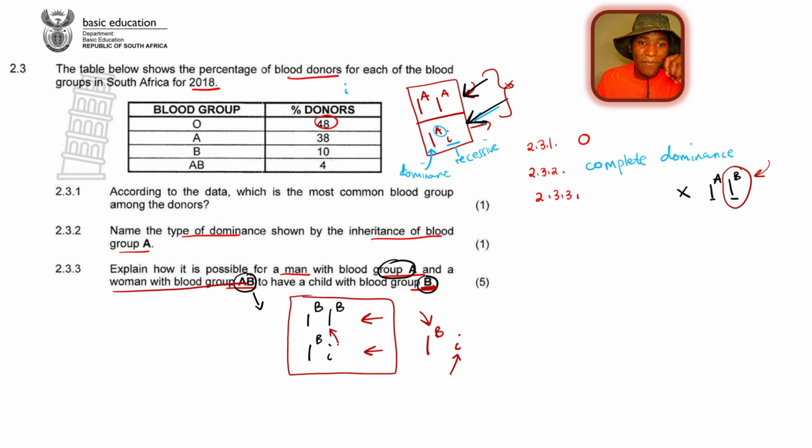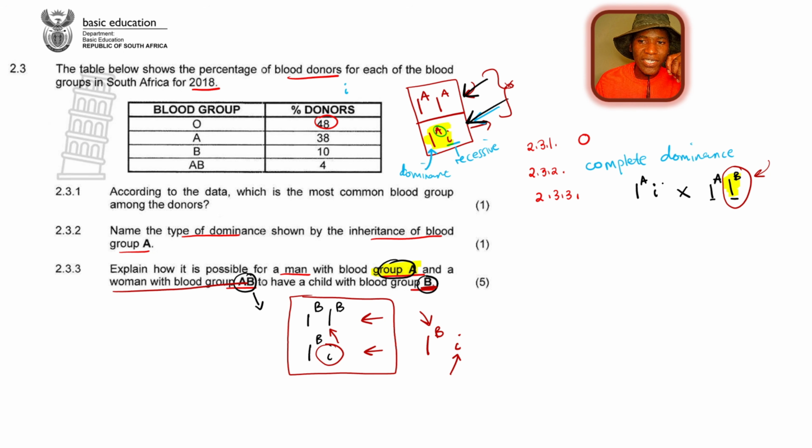So the father can only produce the small letter i, because you can see that in the possibilities here for the father, this possibility for blood group A, since the father is blood group A, has got a small letter i. So if this child takes a small letter i from the father and takes an IB from the mother, then of course he will be able to be what? To be a blood group B as requested by the question. So the father has to be something like I with an A and then small letter i, and then you show that this will be able to give us a child with blood group B.